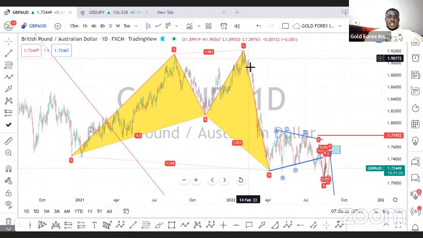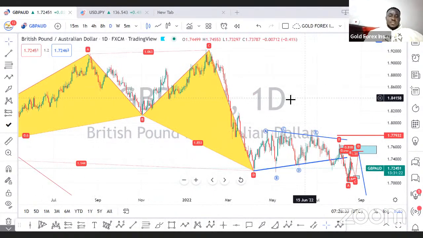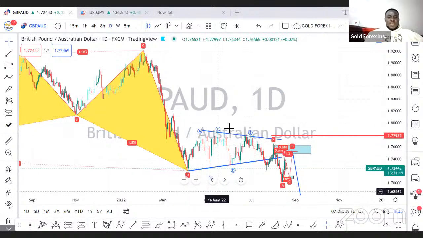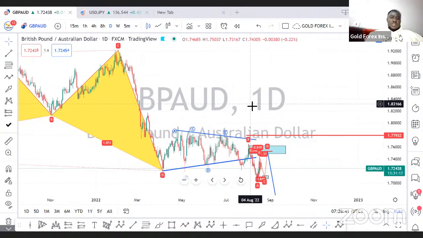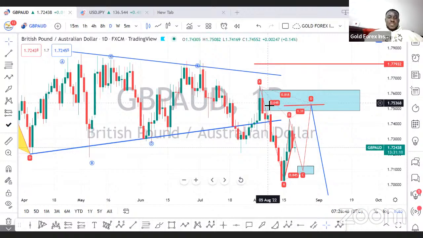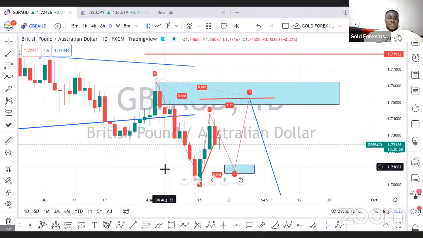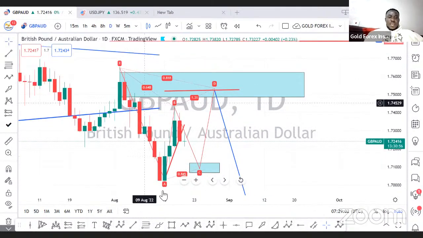Now, after this formed the impulsive move, then we had a triangle Elliott wave correction. Okay, so we had an A, B, C, D, E. Now, let's look at what happened over here. There was a break of the trend line and it came to retest over here. Forming the retest, something amazing happened. As it broke this one, it went back as a retest and it came down. Now, this formed the impulse wave and it's forming a correction.